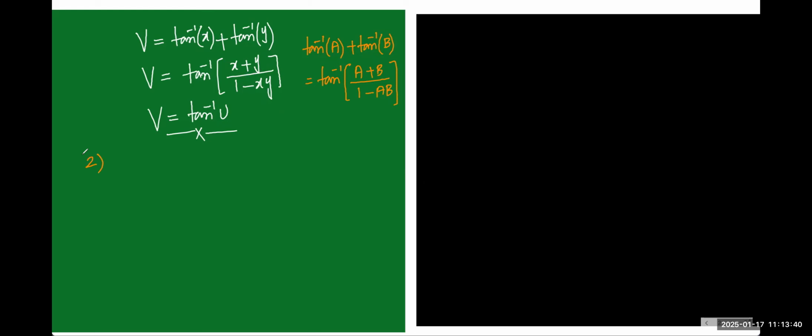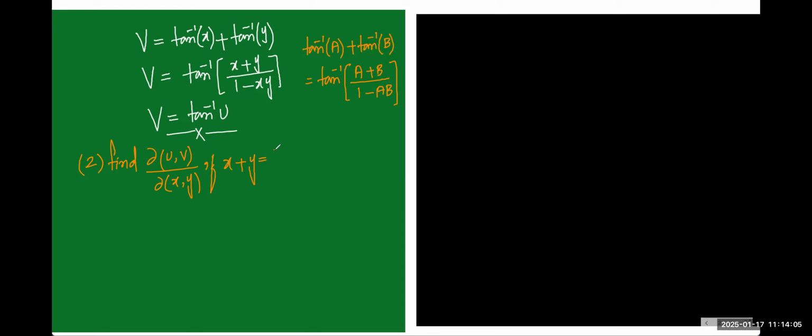Number 2, second question it is: find the Jacobian of UV with respect to xy, if x plus y value is equal to u,